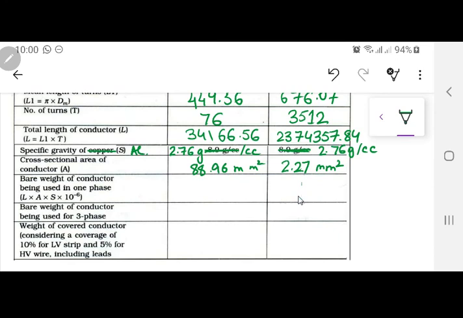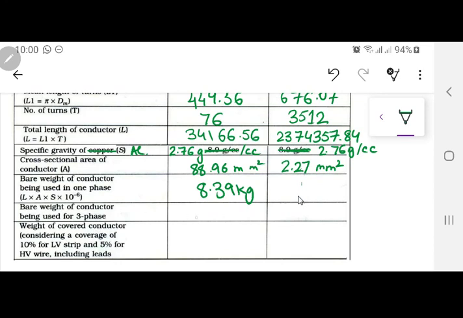This is actually for all those units, because you are having cubic centimeter in one unit and millimeter square in the other. So the difference between these two, if you want to convert from one to the other, gives me the total weight of 8.39 kilograms. This is for one phase, remember.